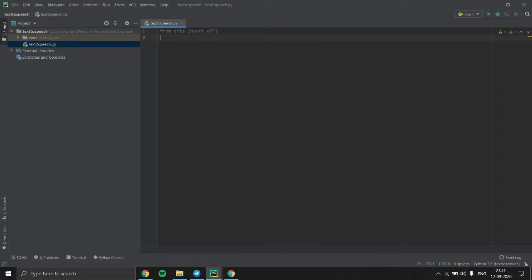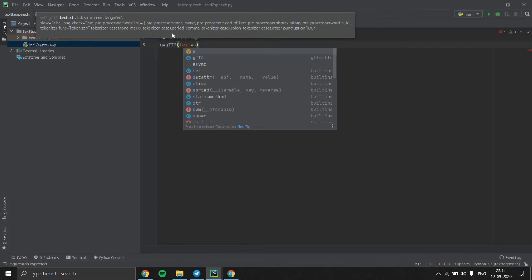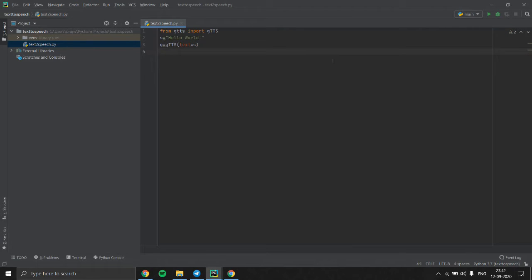So let me create a string variable s equal to hello world. Okay, we have the string. Then we'll call the main function which does the text to speech conversion. So the variable g equal to gtts. Then now we'll pass the string to the text parameter. Now once a line gets executed, the g will have the speech. Now we need to save it. For that we'll be using g.save. Then we'll be giving the file name as